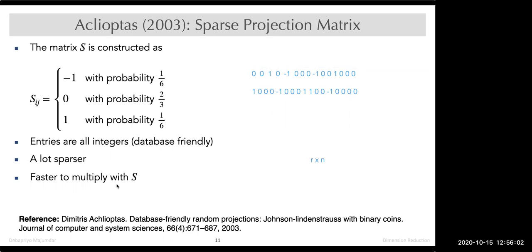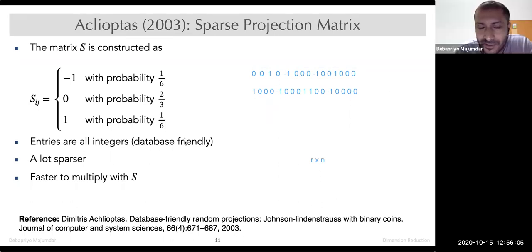And even otherwise, your entries are only 1 and -1, so you don't really multiply with anything. If it is 1, you simply keep that. If it is -1, you reverse the sign. For Python it will probably not matter so much, but if you use, say, a database, you are essentially just writing select queries and joins. If it is 0, you simply discard. So you can simulate this multiplication with this matrix using a database query, and the computation will be way faster. That is the whole idea behind this.